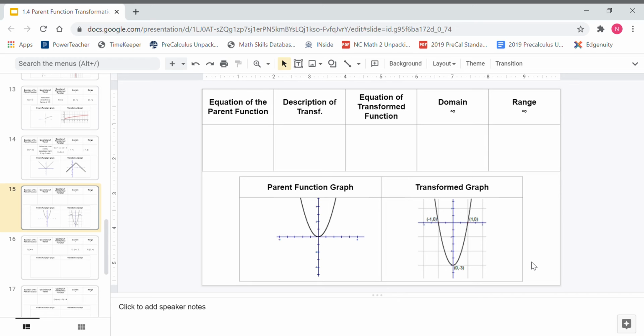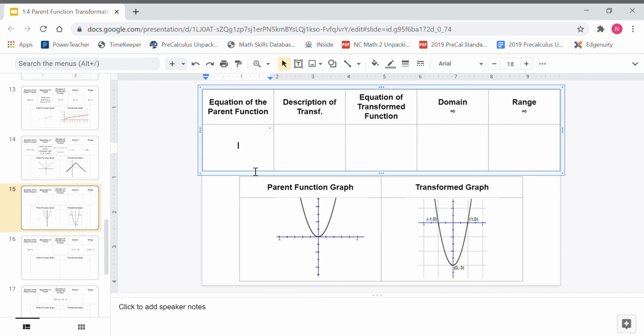And so to figure out that stretch factor, you're going to have to compare some points and you're going to have to figure out your A value. So it's too challenging to write all of that out in this video on my screen. So if you'll remind me in class, we can do it together in person. And so we can practice a couple of those. But I'm going to fill out the general stuff, but I'm not going to work out to find our transformed function